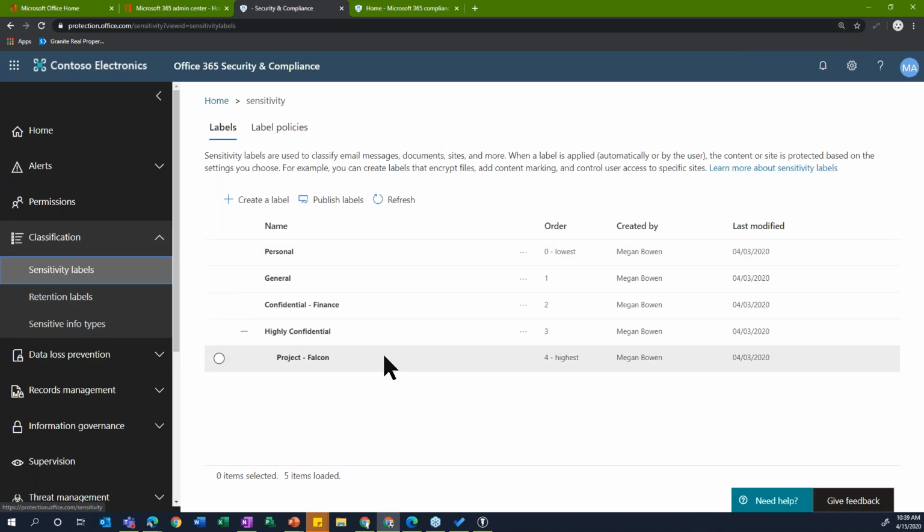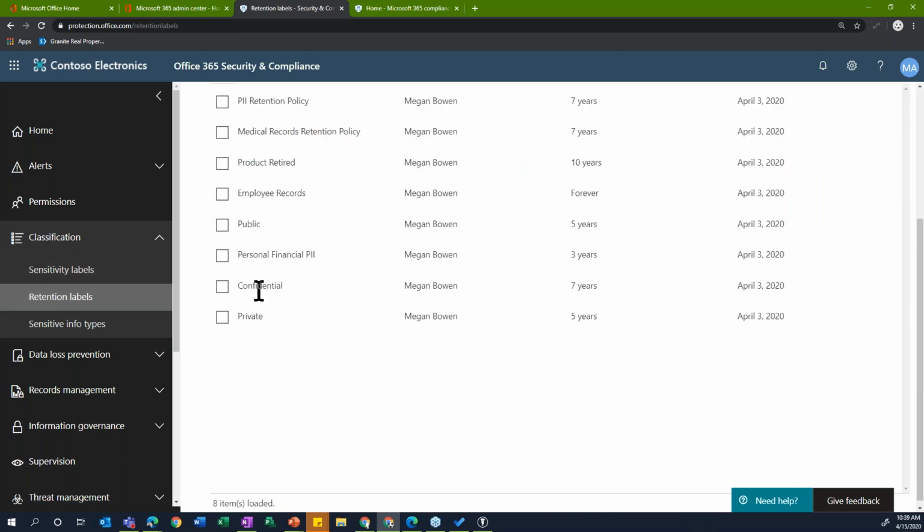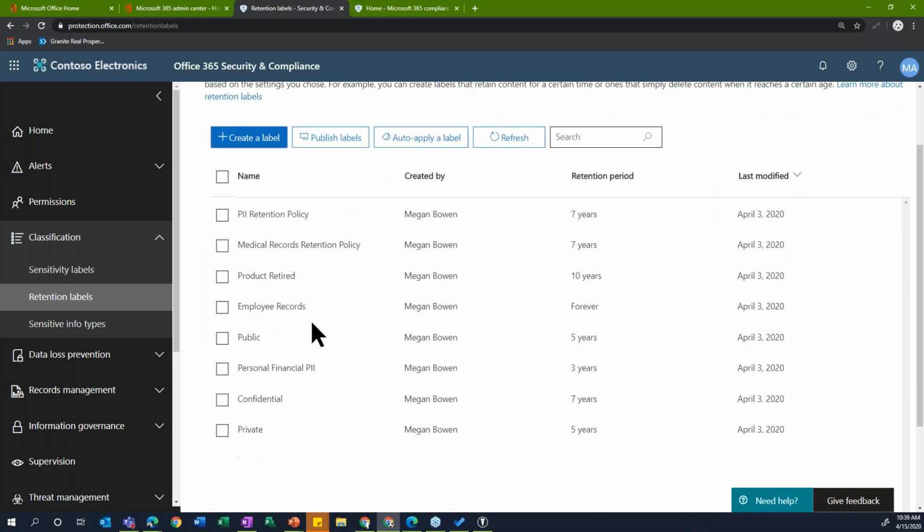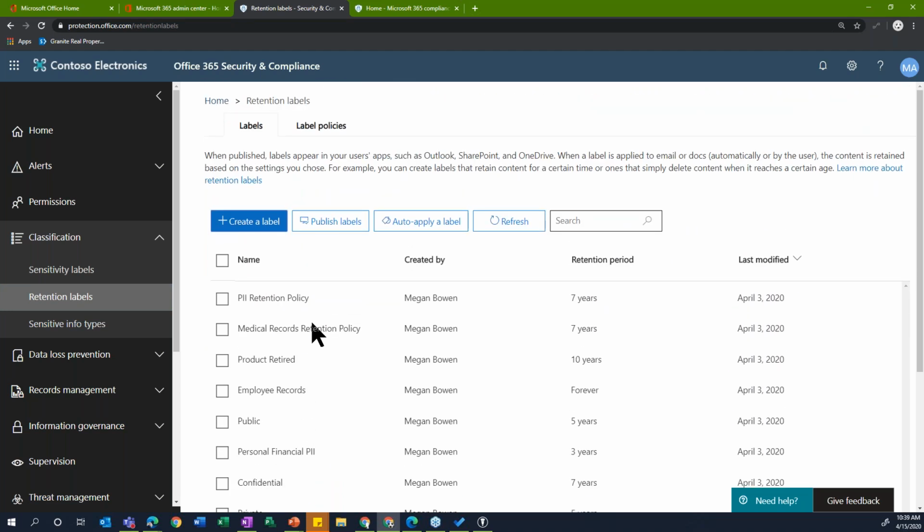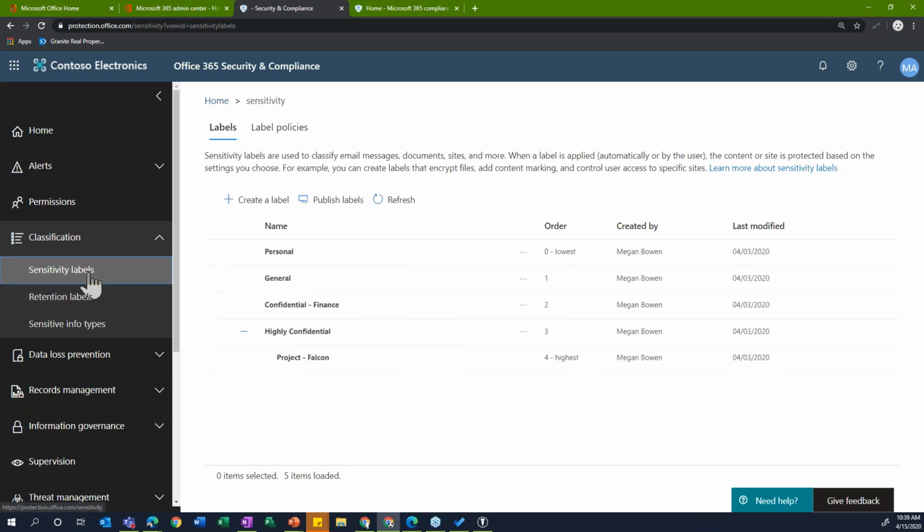The most important thing to know about labels is, regardless of whether it's a sensitivity label or a retention label, it has to have a unique name. I ran into that yesterday when I was trying to create a sensitivity label called confidential, because there was already a retention label called confidential. So not a huge deal, but sensitivity labels are really a way to